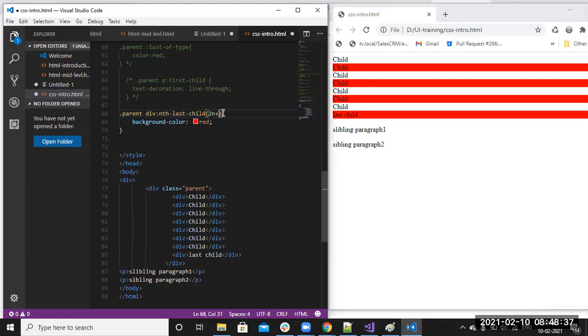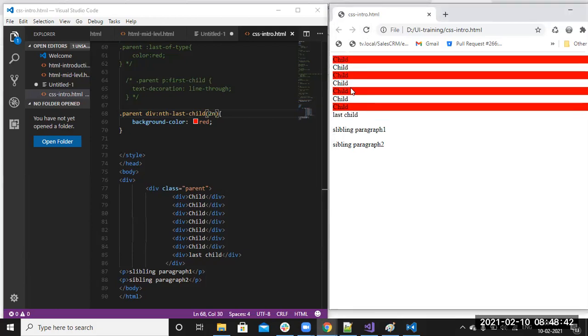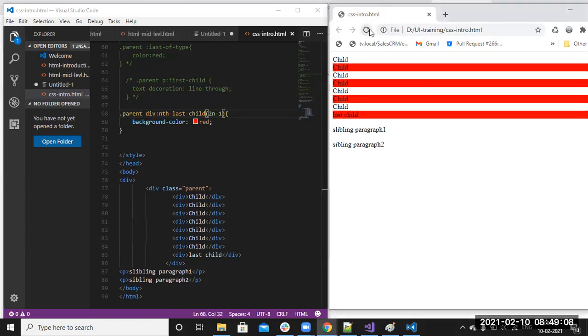If 2n, every like 1, 3, 5, 7, odd numbers it is selecting. 2n means odd numbers will select, and 2n plus 1 means even numbers will select. Based on this condition it will work. 2n, 2n plus 1, it is reverse, right? But 2n minus 1, still that is the same.